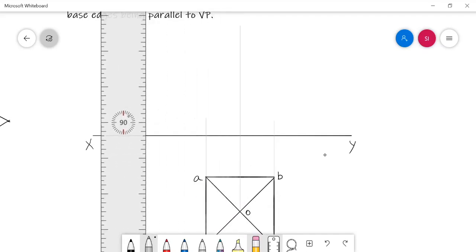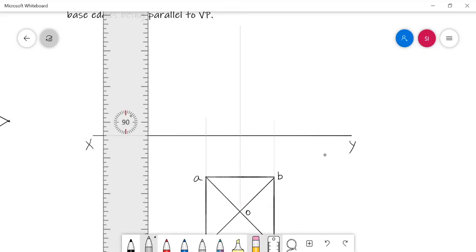The axis height given in the problem for the solid is 60 mm.